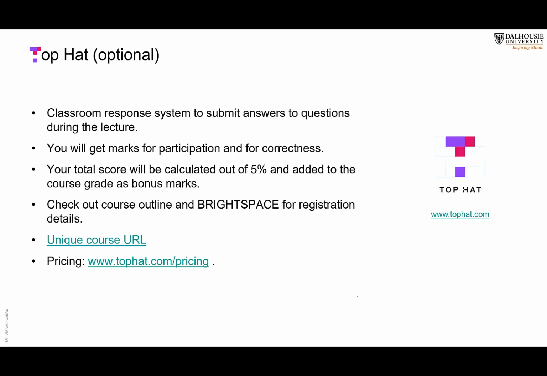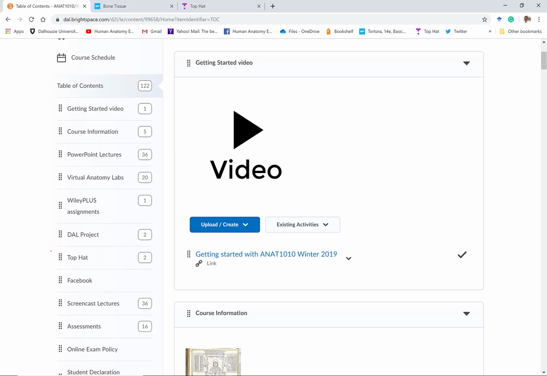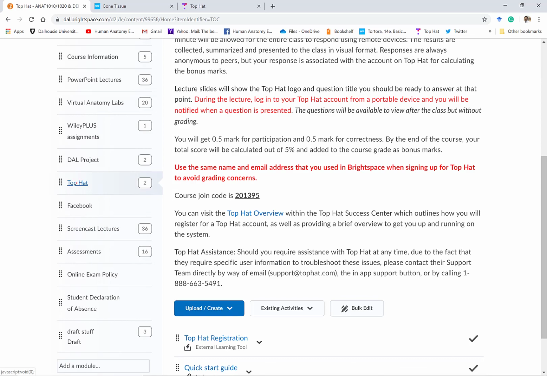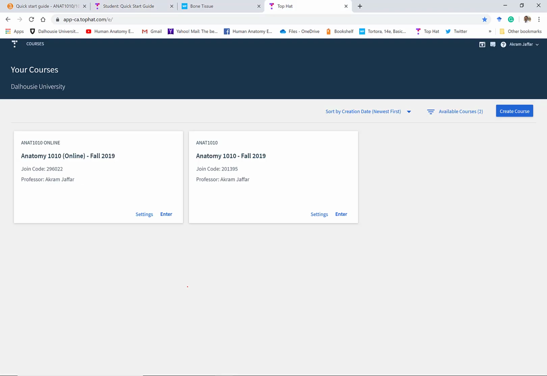The third place where you might choose to access online is for an optional bonus activity. It is Top Hat, a classroom response system, and here there are questions for each lecture. For each question, you will get half the mark for participation and half the mark for correctness. First, you are required to create an account. You can do that directly by going online, or go to the Brightspace Top Hat tab and go to the Quick Start Guide, read about using Top Hat, and register by using the course join code